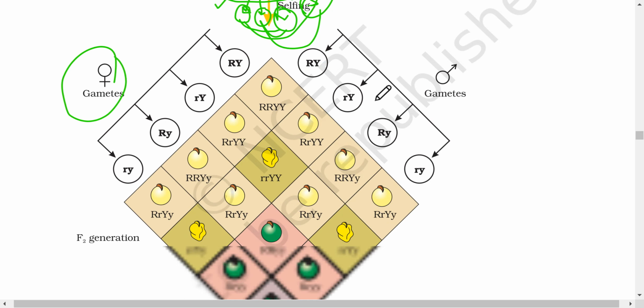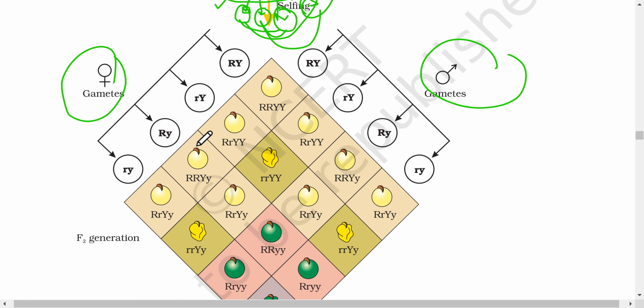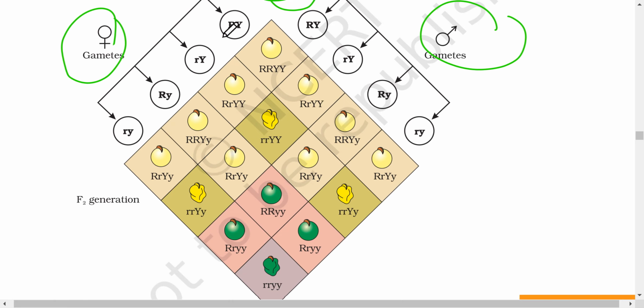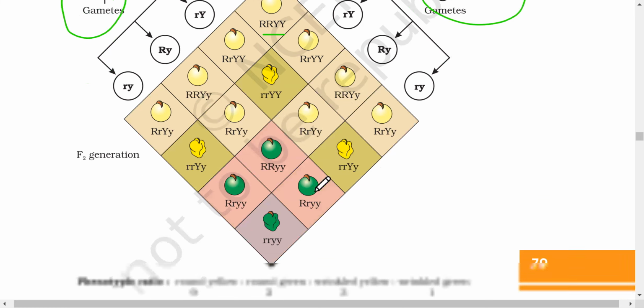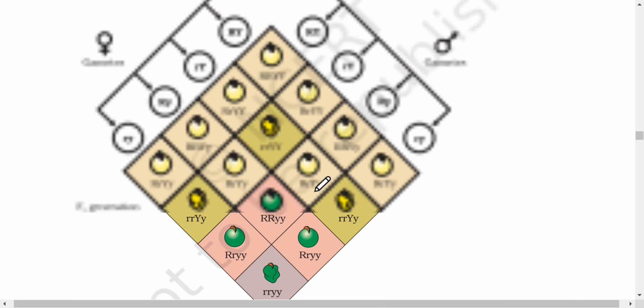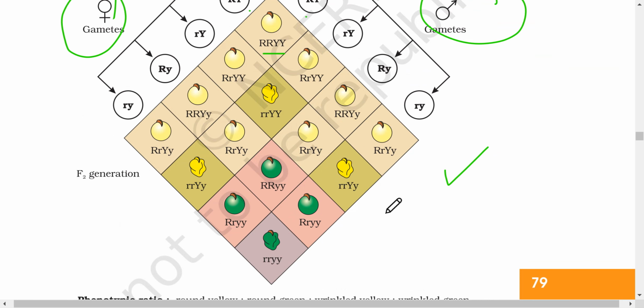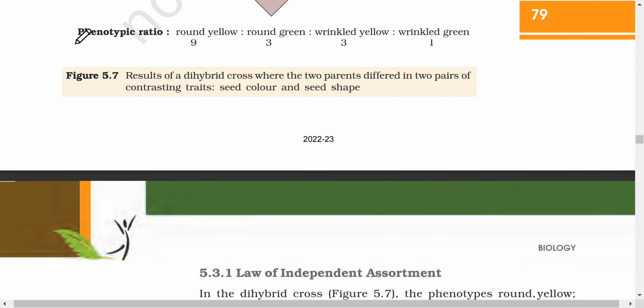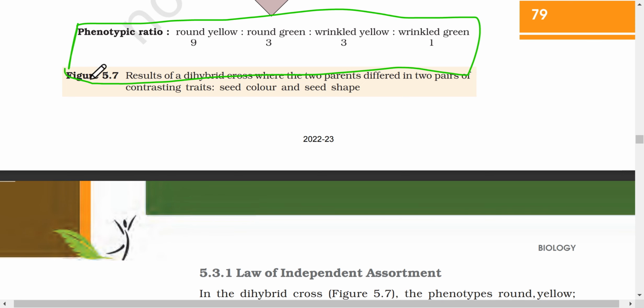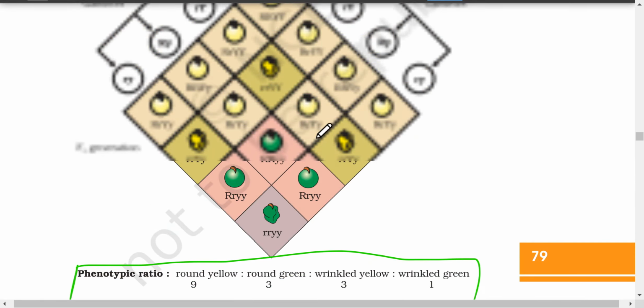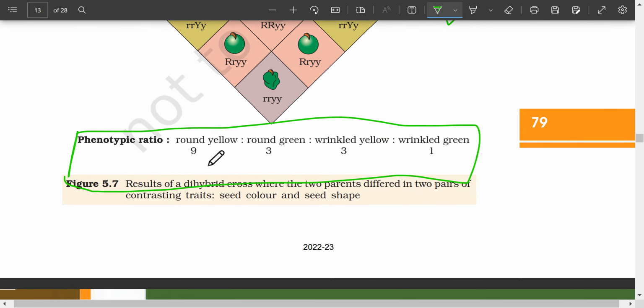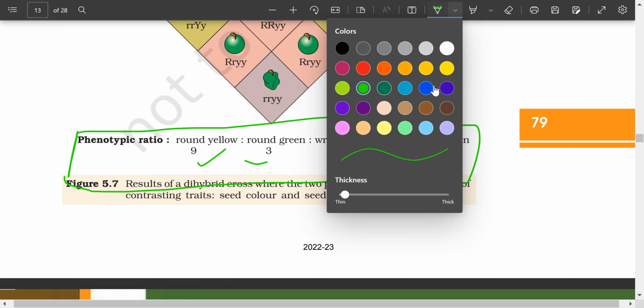तो वही फीमेल मेल गमीट्स दिया हुआ है यहाँ पे. फाइन, एंड यू कैन सी ओवर हियर, इनको क्रॉस किया है बाय सिंपली पनेट स्क्वायर. ठीक है, मल्टीप्लाई किया है, साथ में जोड़ा है इनको, और हमें मिल जाते हैं हमारे. They've shown it beautifully even in the diagram कि हमारे पास राउंड येलो रिंकल्ड ग्रीन का क्रॉस हुआ है. And this is the phenotypic ratio. It's better you remember these ratios only. Fine, you will probably not get time to actually solve the Punnett square while you're in your exams. It's 9 is to 3 is to 3 is to 1. Fine. Moving on, we have